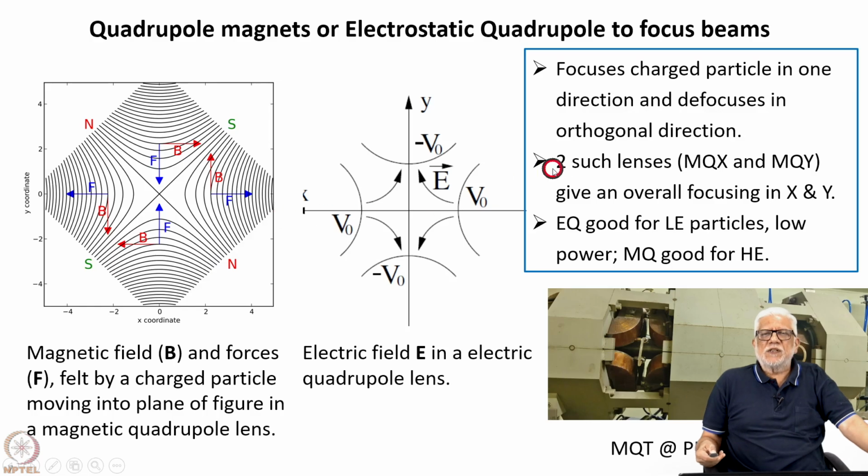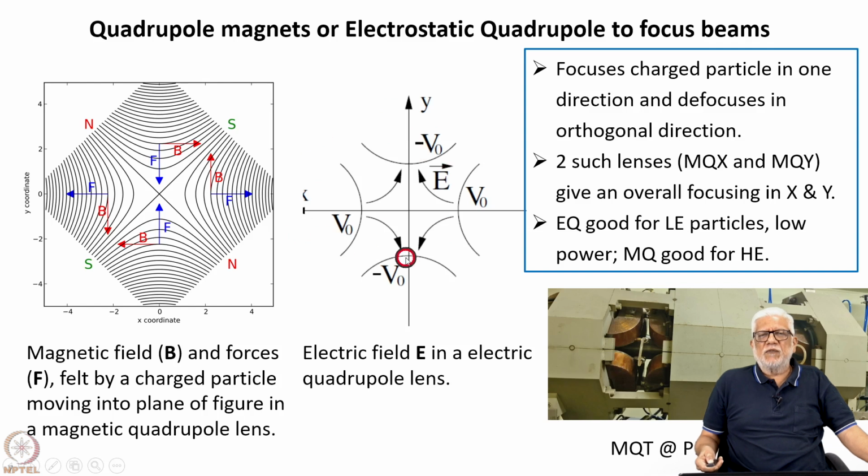Okay. So what is done is that you have a quadrupole device which focuses in the x direction, and you have another quadrupole which focuses in the y direction. If you remember your optics, if you put two such lenses, you can arrange it such that you have overall focusing in both the x and y directions. As I said already,